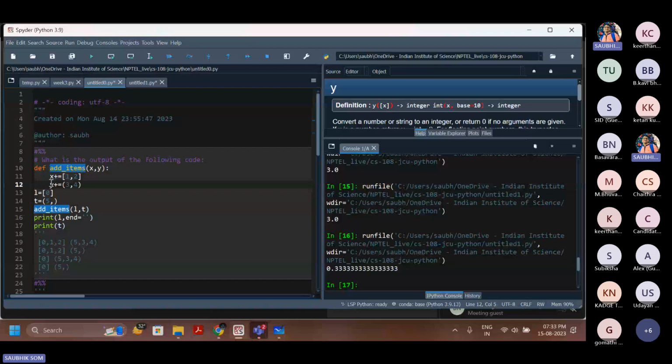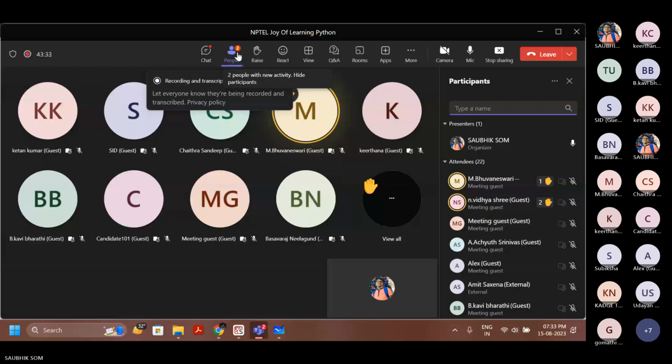Okay, sorry, Bhuvaneshwari, what is your doubt in the print? Can you unmute and say? Or you can type. Okay. Will you please let me know what is the doubt? I'll go to the next